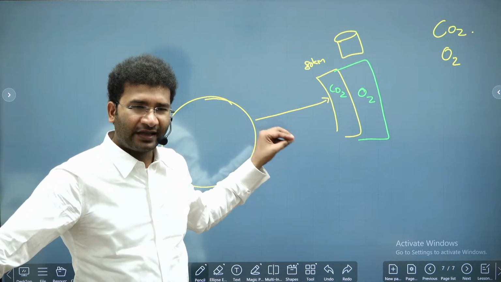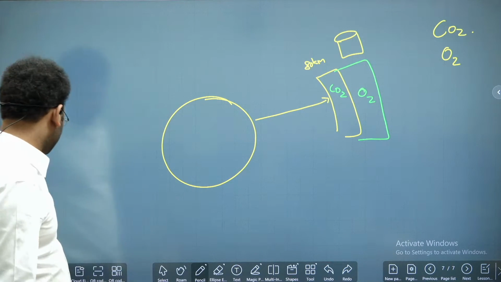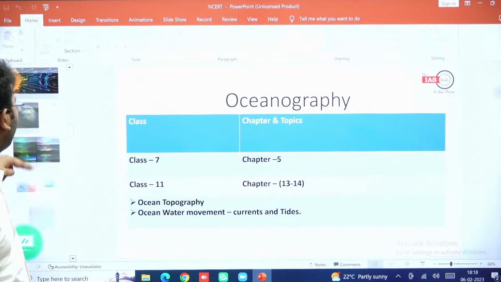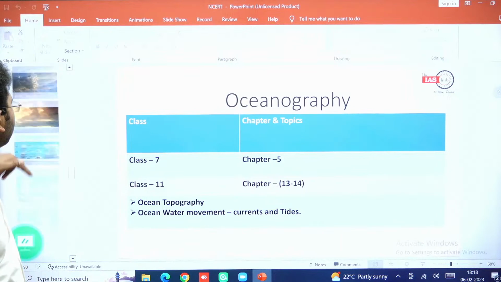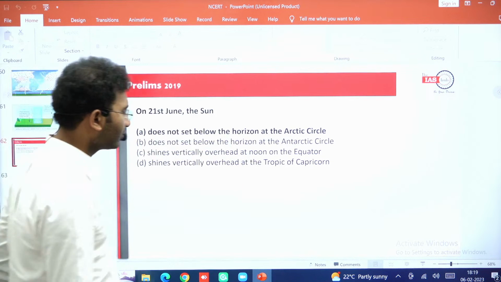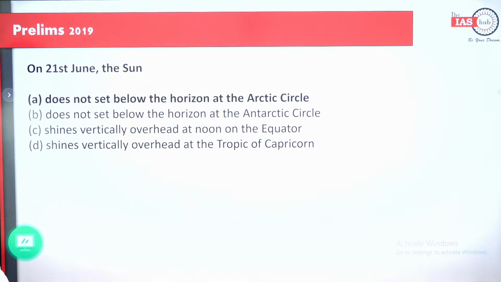Same, NCERT से direct ditto questions पूछा जाता है. Now let me show you how these questions are asked. I won't be boring you much. It is only 2 questions which I wanted to show you. So go to climatology. So this was a question which has been asked in the year 2019 in the UPSC Civil Services examination, which says that